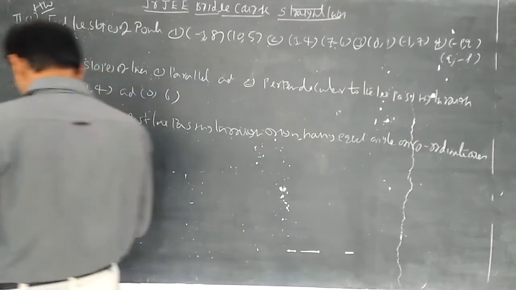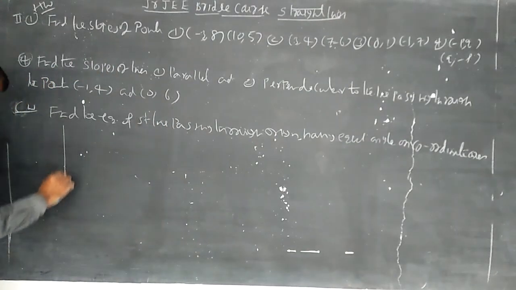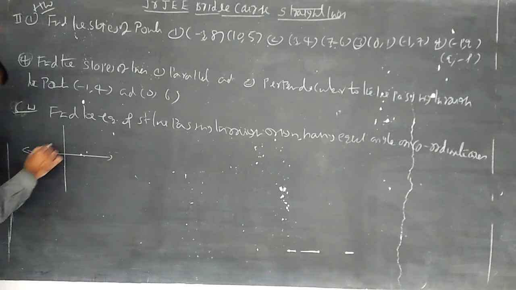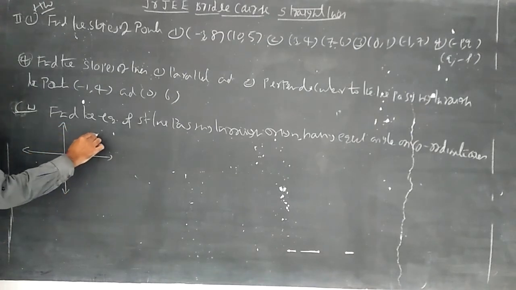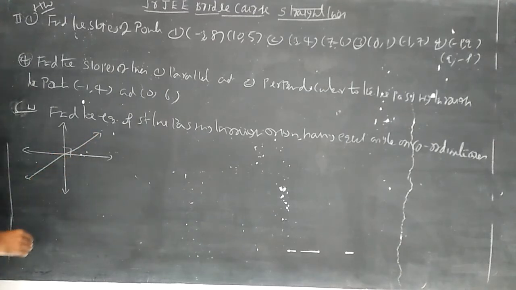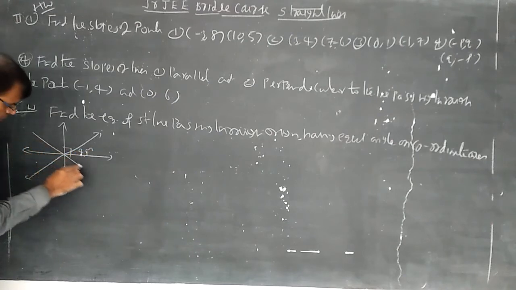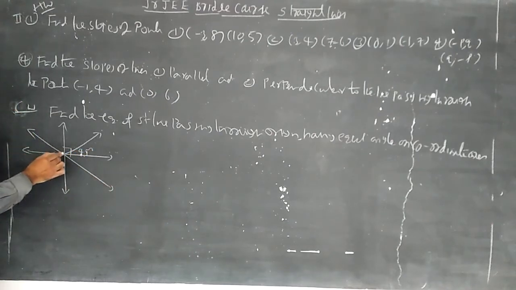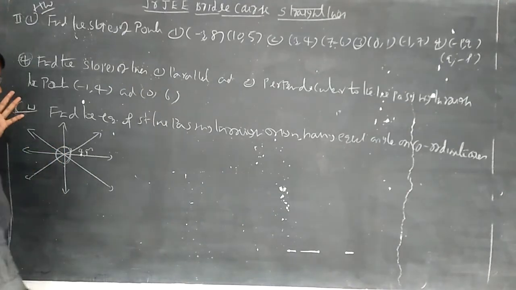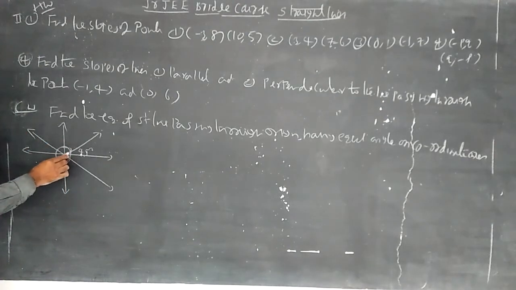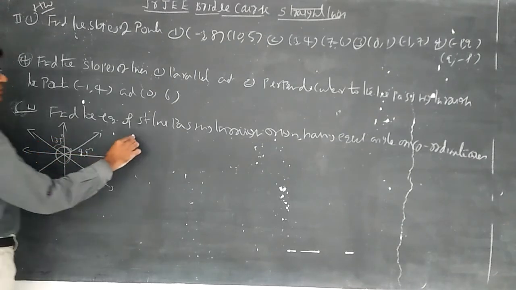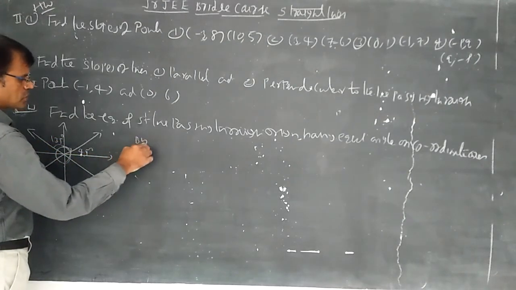Let us try to understand, depends upon the diagram. Draw like this. Equal angles. So this is 90 degrees. Bisecting 90 degrees is 45. Like this also you can draw: total 360 degrees dividing into 4 equal parts, 90, 90, 90, like this. Bisecting 90 gives 45. So this may be 135 like this. So you can understand by the condition we have.